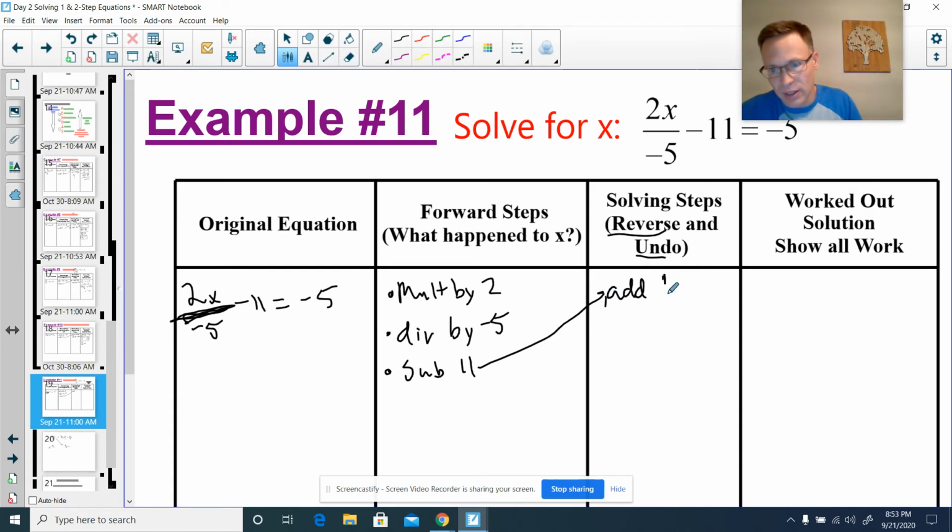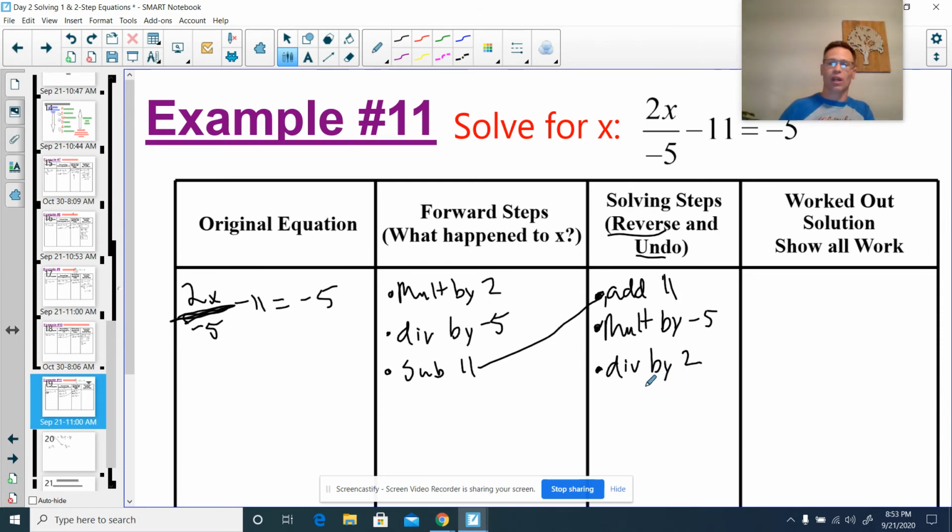Add 11. Do that first. Then I'm going to undo division by multiplying by -5. And then I would undo multiplication by dividing by 2. All right. So as we go through this, I have that equation, 2x over -5 minus 11 is equal to